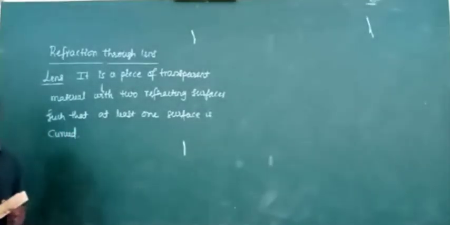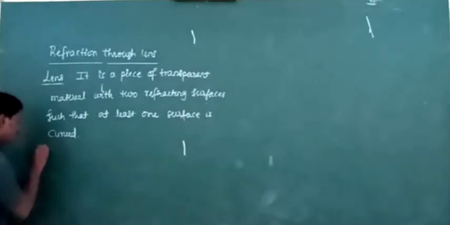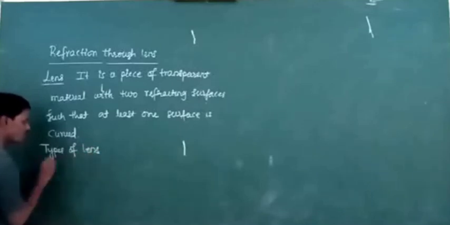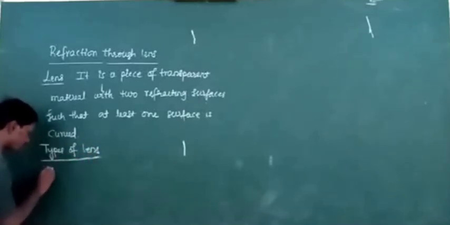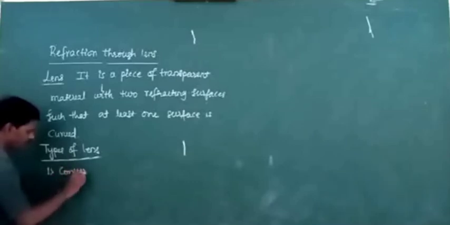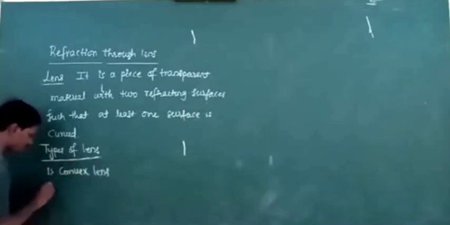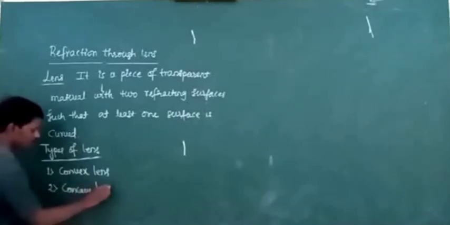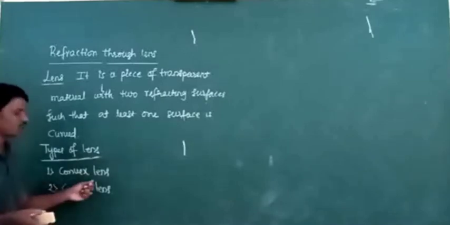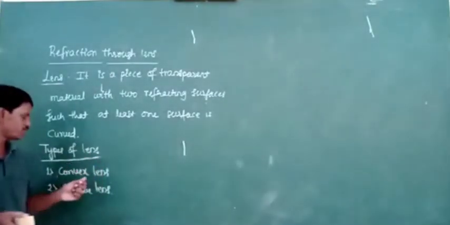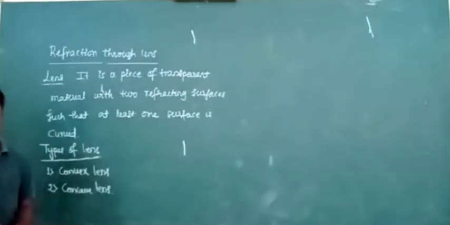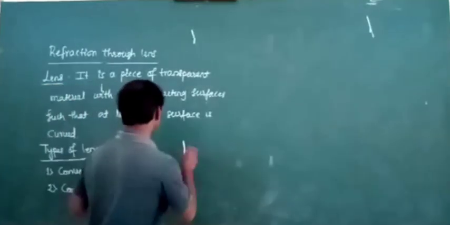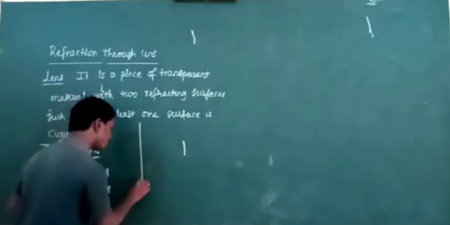Next, there are two types of lenses. What are those? First one, convex lens. Second one, concave lens. So while reading books we use a lens. Which type of lens are we going to use? That is convex lens, to get magnified images of small objects. Then let us discuss what we mean by convex lens.